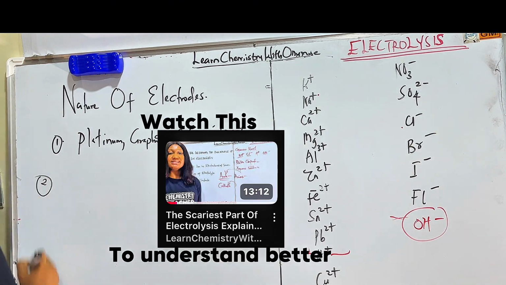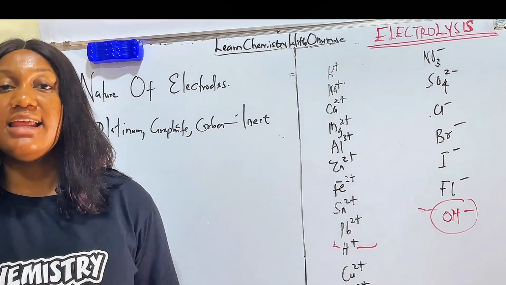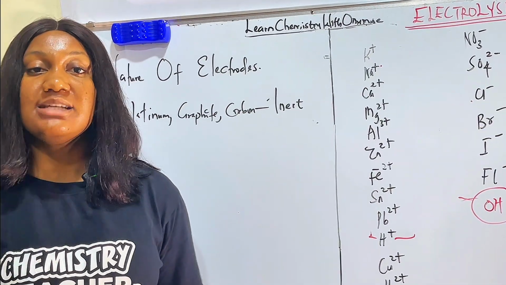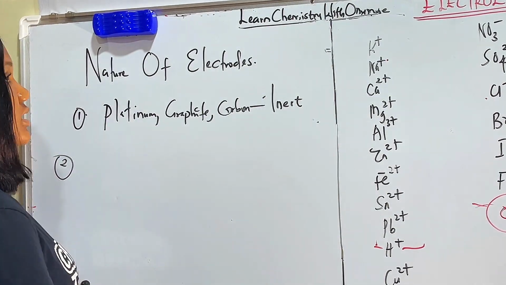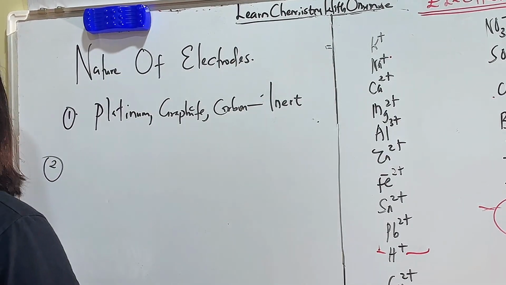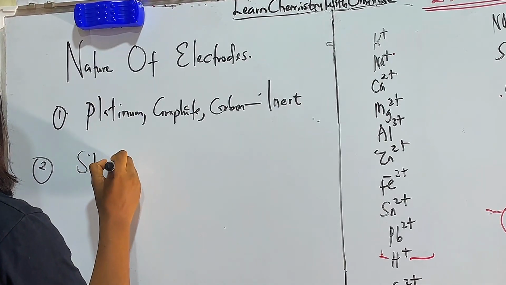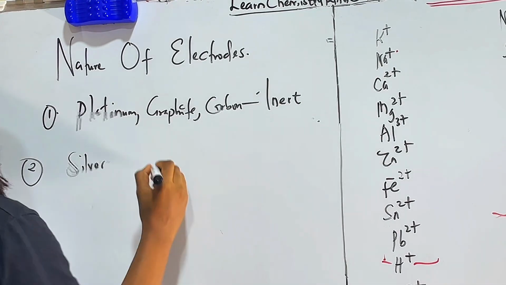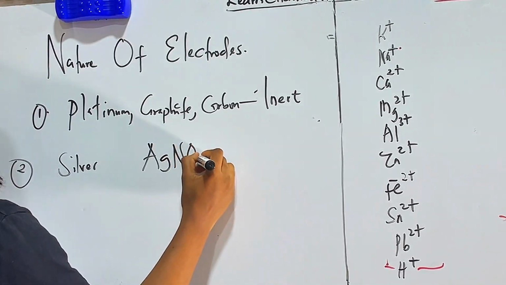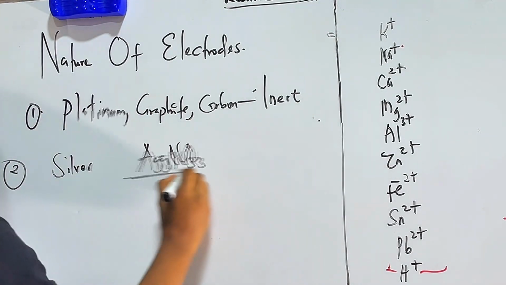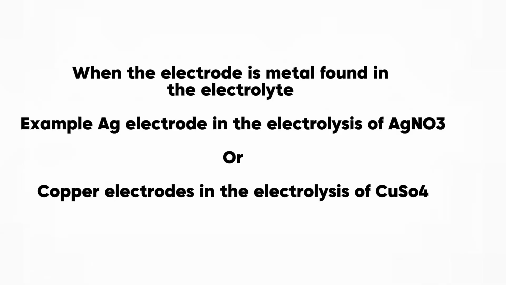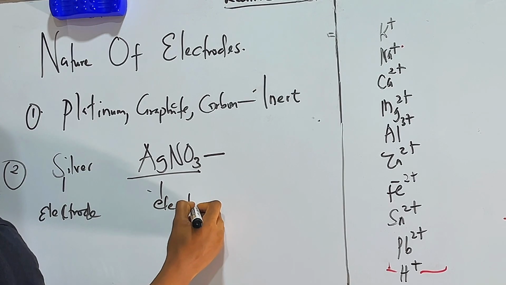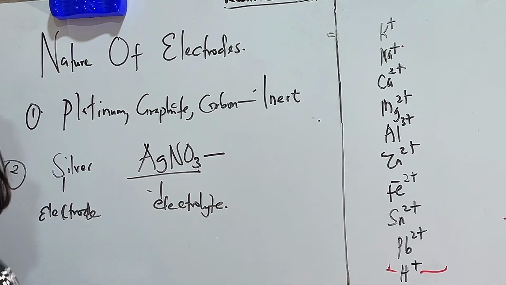Now, if the electrode is a metal of the salt or the electrolyte that is being used in that reaction, for example, if the electrode is silver electrode, and let's say the salt is silver trioxonitrate(V). All right, so this is an electrolyte, this is an electrode. How will ions be discharged? Now, for the cation